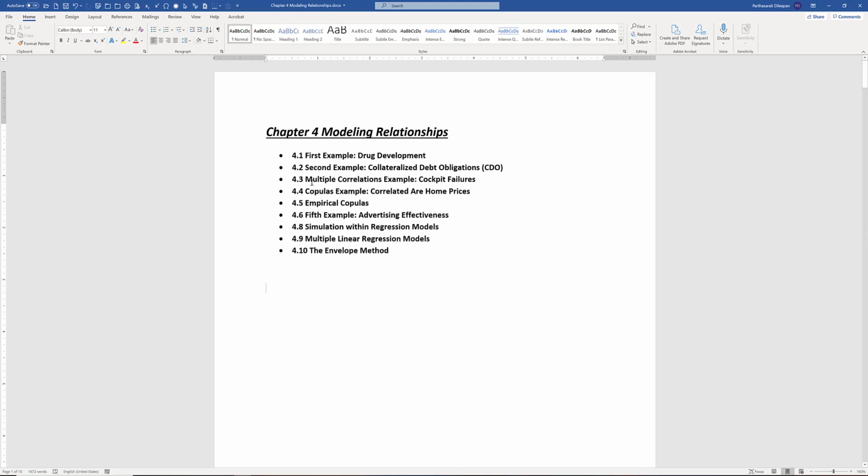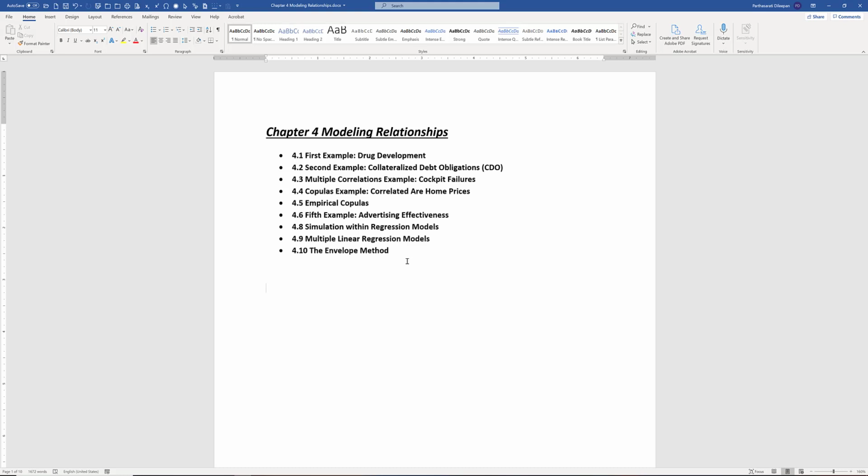And then finally, we'll round out the chapter with what is called envelope method. So envelope method is again another way of relating two different variables. So we come up with kind of a curve fitting based on one input variable, we estimate the